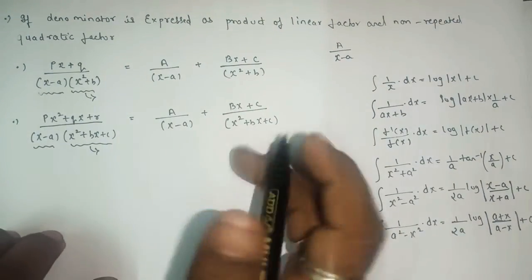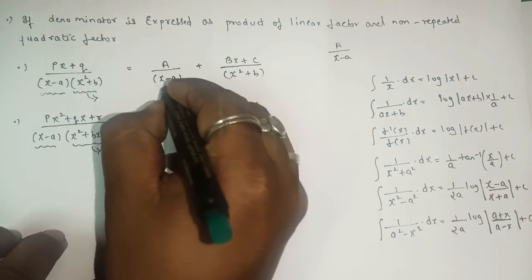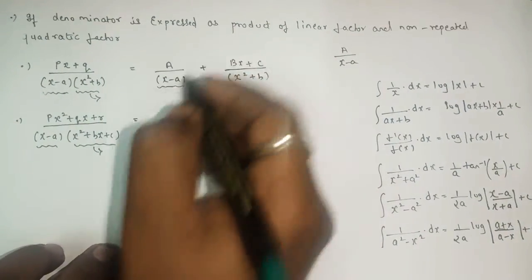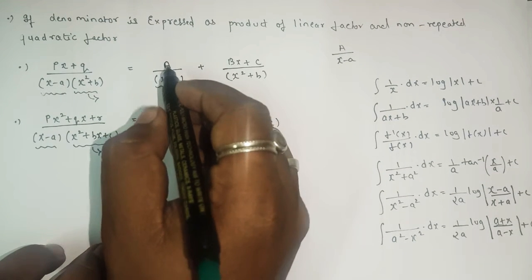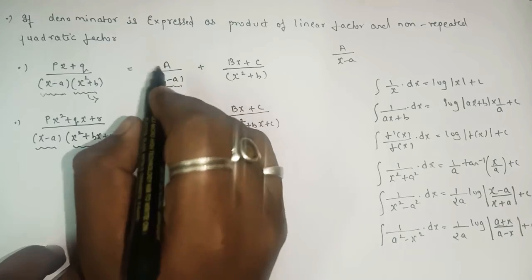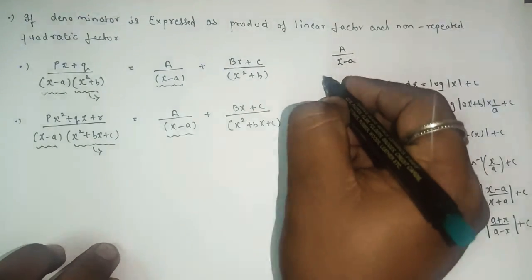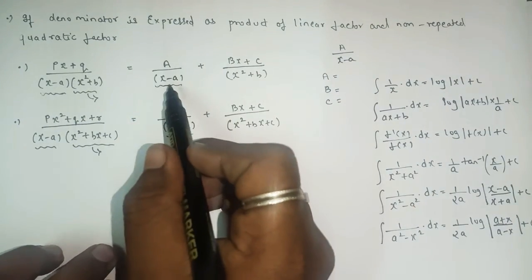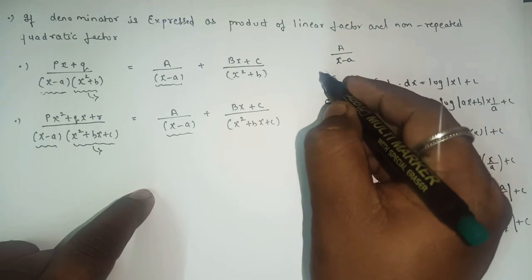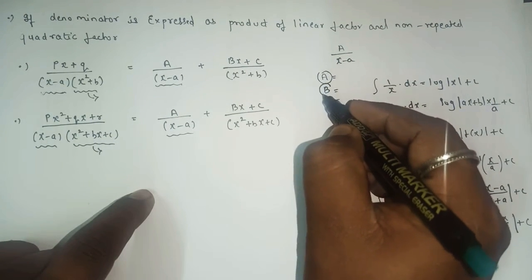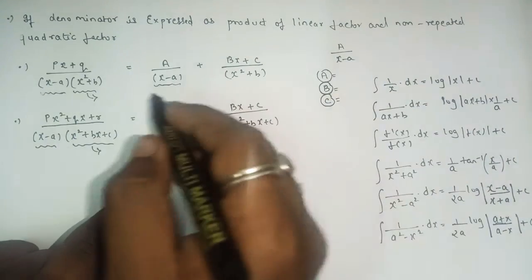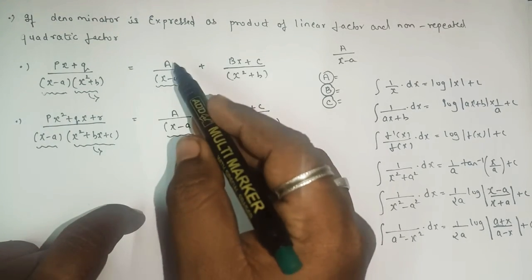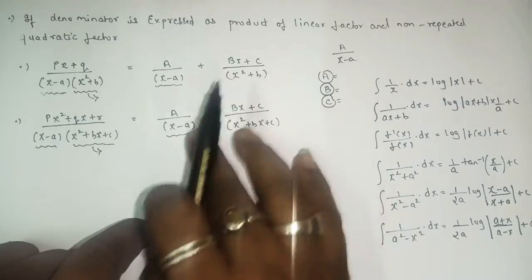Now, as we know, with the help of one linear factor you will get only one value of the constants. Here we have three constants A, B and C, yes or no? With one linear factor you get one answer, with two linear factors you get two answers, and with three linear factors you get three answers. As for this expression, we have only one linear factor, so with the help of this you will get the value of either A, B or C.